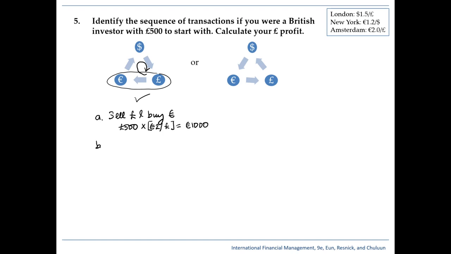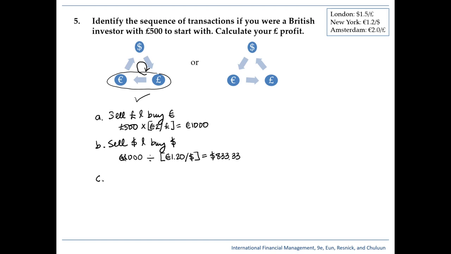The next step is going to be selling those euros and buying dollars in New York. So you take your 1,000 euros and then you convert them into dollars at the rate of 1.2 euros per dollar. That's quoted by the bank in New York, and this will generate you